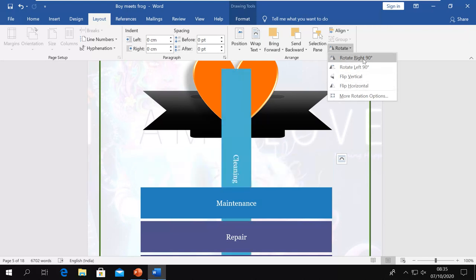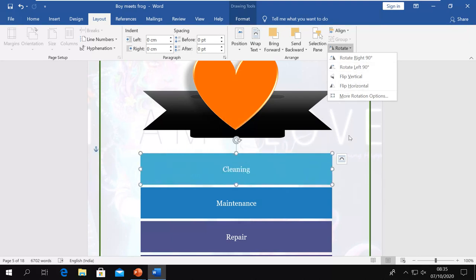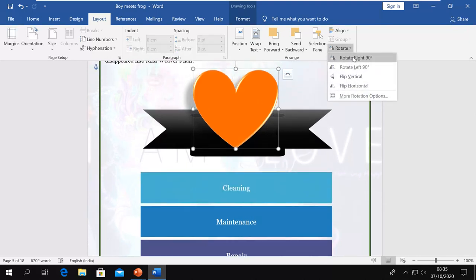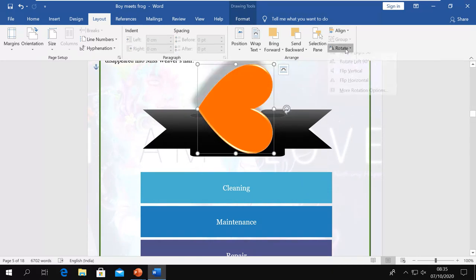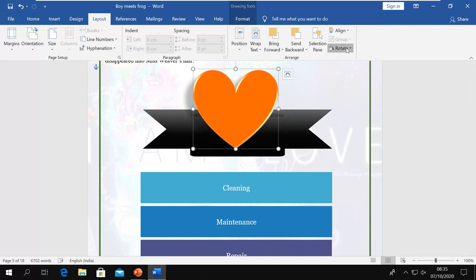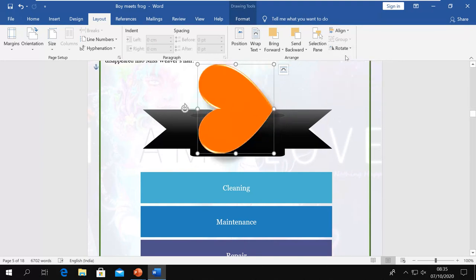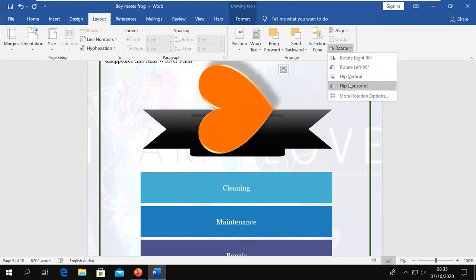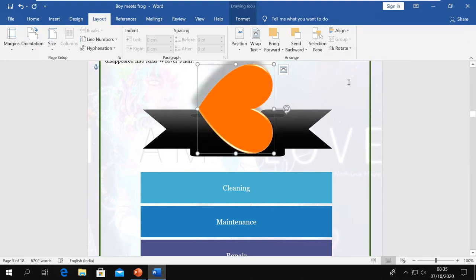So you can rotate your objects also. For that you first have to select the object, and then you can rotate 90° right, 90° left, and then flip it vertically and horizontally.